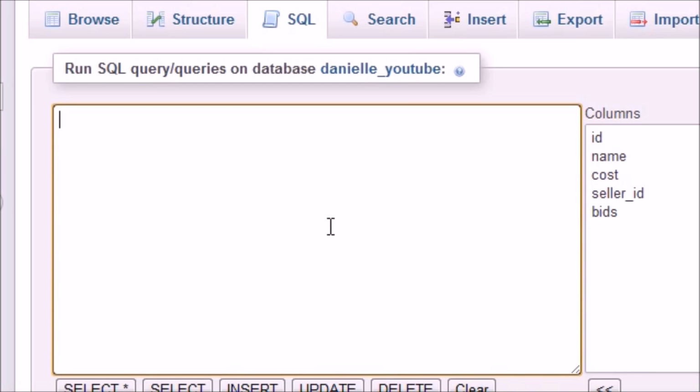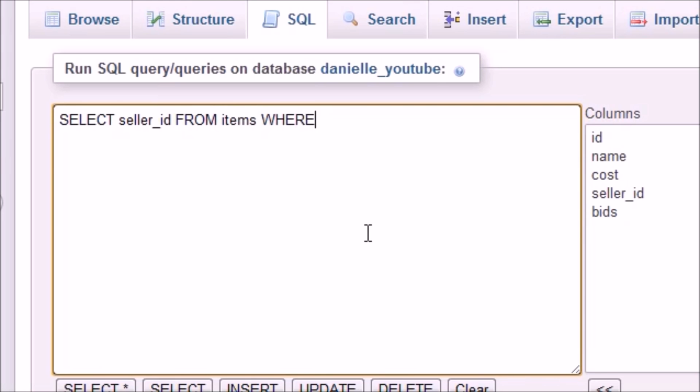The first thing we need to do is find out which sellers are even selling frogs. And then once we have a list of all the sellers that are selling frogs, we need to figure out the cheapest of those in the list. So again, the first thing we need to do is get a list of the sellers that are selling frogs. So let's select the seller ID, which is basically the seller, from the table items,